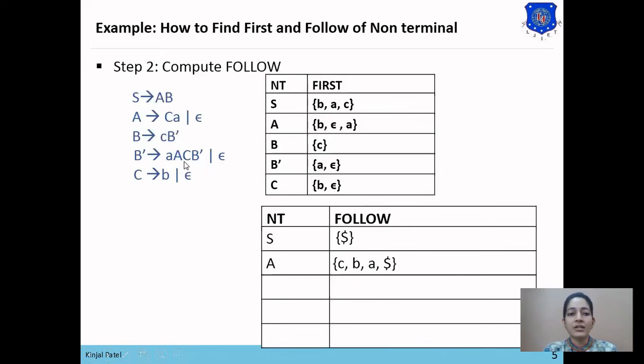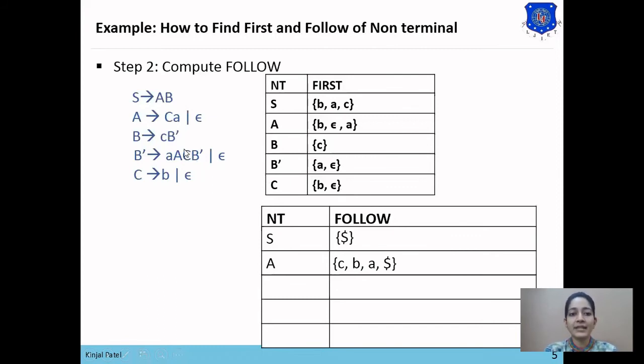So the first of C except null will be added in the follow of A. Here B and null are the first of C, so only B will be added in the follow of A. So C and B have been added in the follow of A. Now here as C derives null, we'll replace C with null.